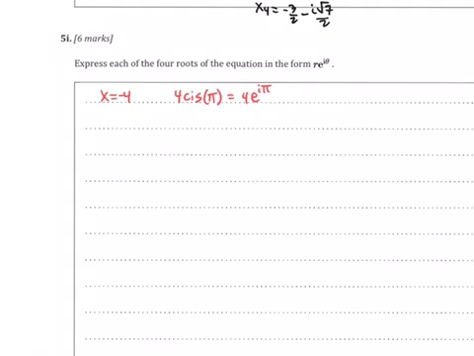Likewise, if x equals 2, that would be 2 cis 0, which would be 2e to the i times 0. We would probably leave it in that form. For the other 2 roots, I've got x equals negative 3 halves plus or minus, this gets a little bit more complicated, i root 7 over 2,